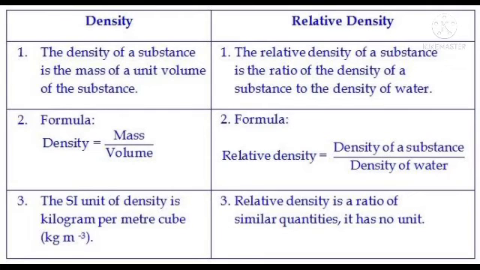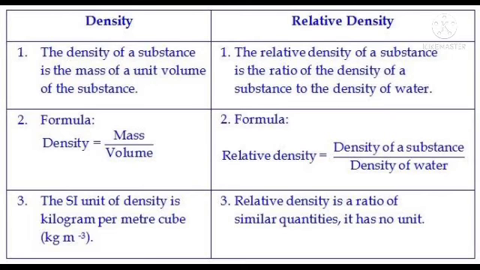Many people will say that iron is heavier than wood. This appears to be reasonable, but it is not always true. For example, a small iron nail is lighter than a large log of wood. So we have to compare the heaviness or lightness of two different materials. We need to compare the mass of the object and the volume of the object. We do that with the help of this quantity called density.